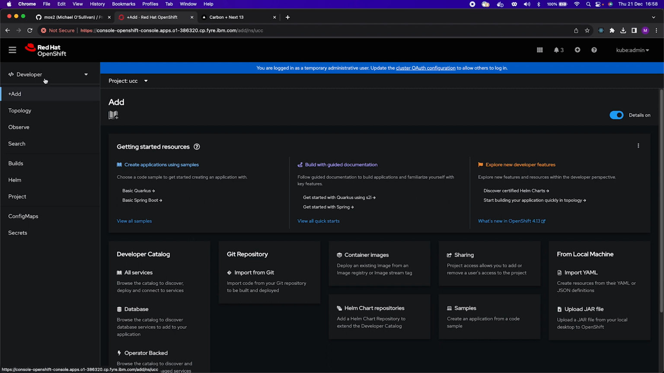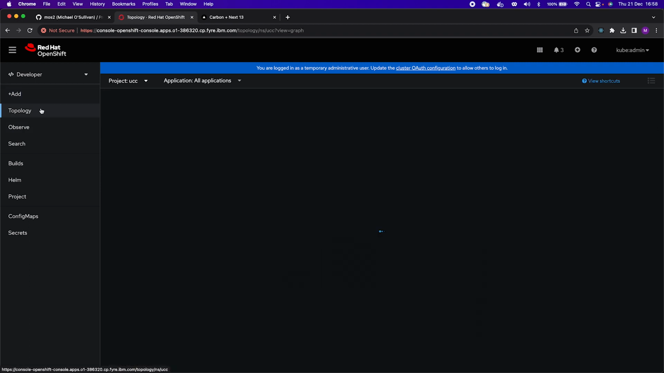I'm more used to working in the administrator view in my day-to-day work. You can see this view has fewer options compared to the administrator view, but it's enough to get going with what we need to do in this demo today. So before I even walk through this, if I click on topology here to look at what's in this UCC project already,